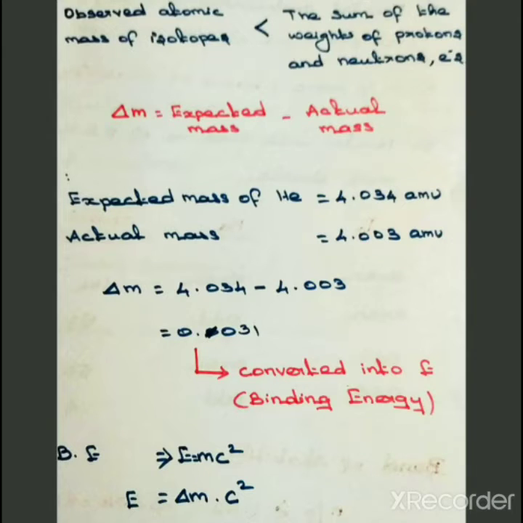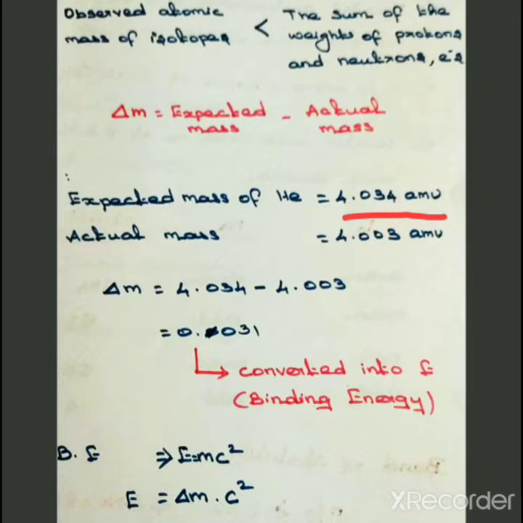Generally, the observed atomic mass of isotopes is lesser than the sum of the weights of protons, neutrons, and electrons. This difference is called mass defect. For example, let us take the example of helium. The expected mass of helium is equivalent to the sum of the masses of the protons, neutrons, and electrons, and it's equivalent to